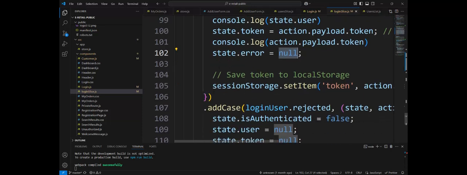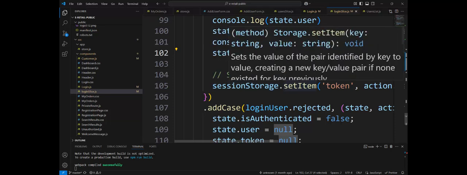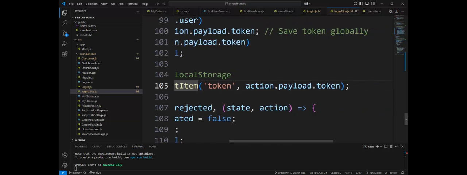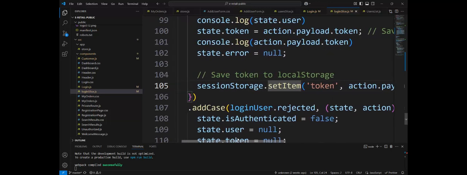After that, in the session storage object, there is a method setItem, and our token, action payload token, would be in session storage. Token is in session storage, and to log in, go